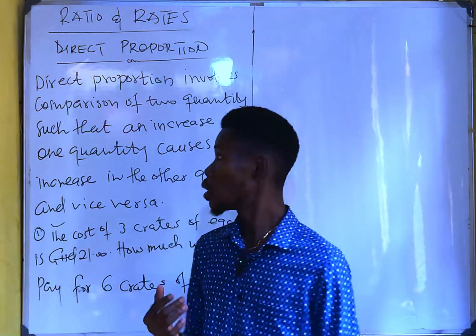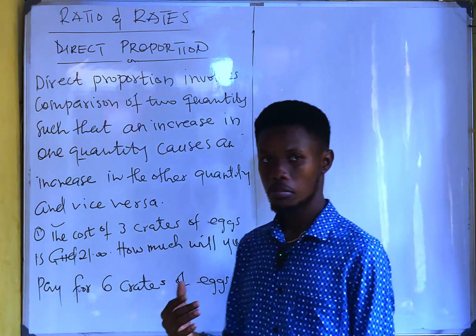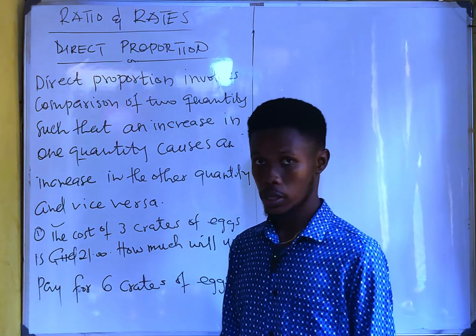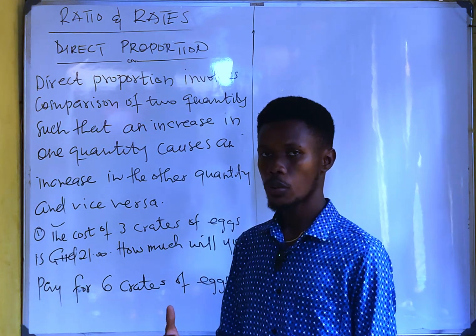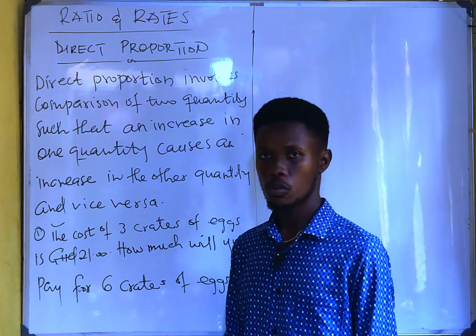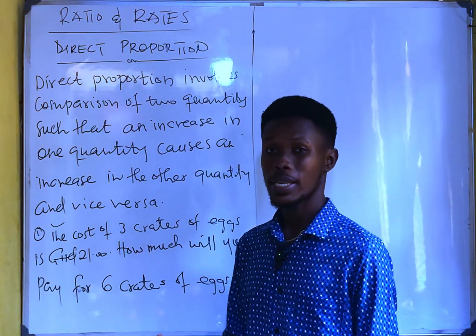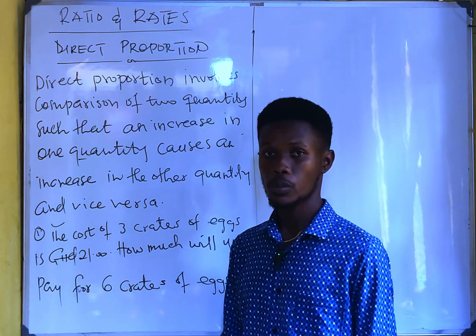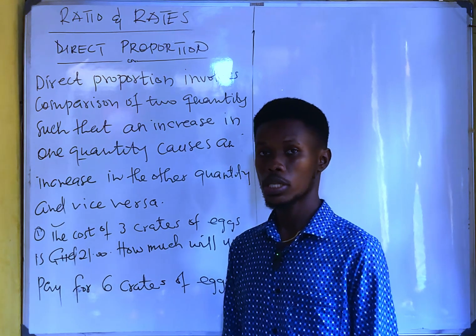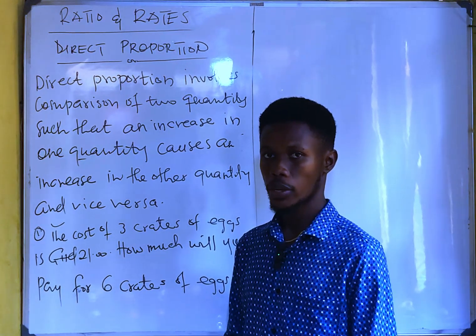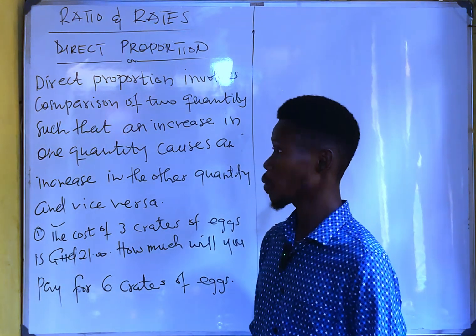Okay, we are now still under the ratio. We have looked at what a proportion is. We have looked at what a ratio is. Some examples of ratio, some examples of proportion. We are now looking at direct proportion. In fact, we have direct proportion and indirect proportion. These are the two main types of proportion. So you are going to look at the direct proportion first. So for the direct proportion,